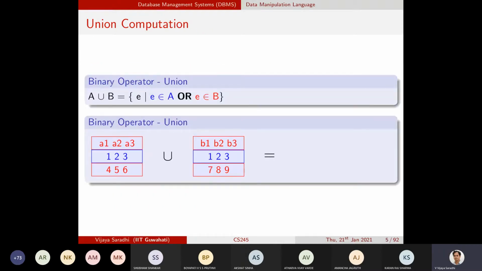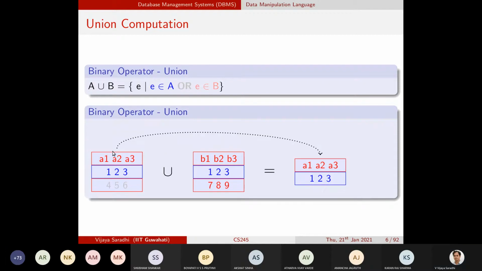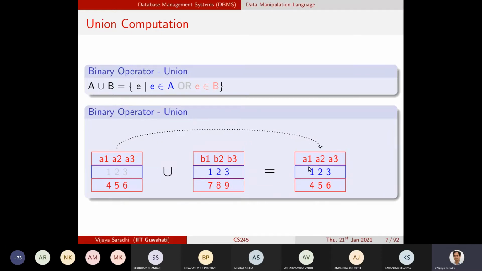So if I have two tables and need to perform union, there is a left hand side table and a right hand side table to the union operator. I'll take one row from the left hand side table and place that into the resulting table without even performing any checks, until I exhaust all the rows from the left hand side table.